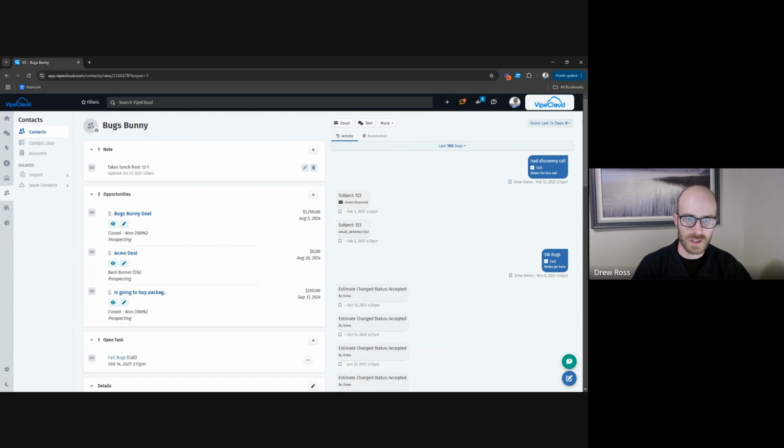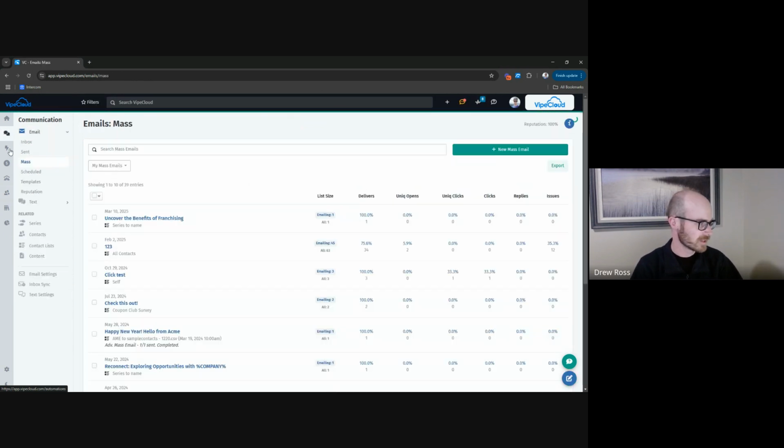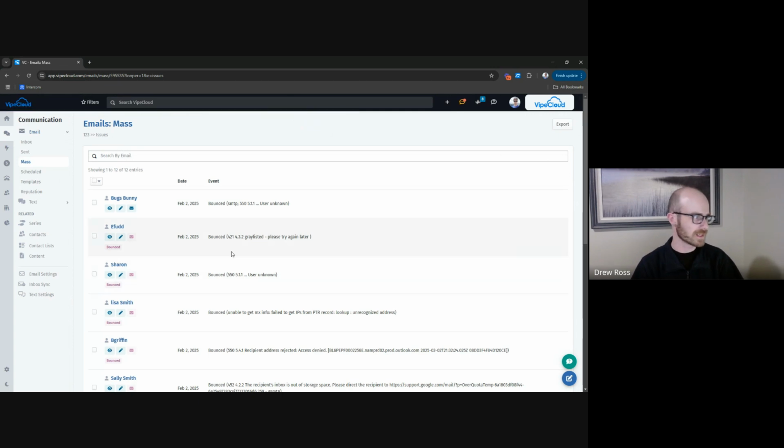All right, let's look at mass emails. We can get there by going to the communication tab, clicking on mass. So this is useful if you want to see what the issue rate was for a given mass email that was sent. So we can look at our mass email here, issues column. We can see that this particular one had 12 issues. We can click on it, and